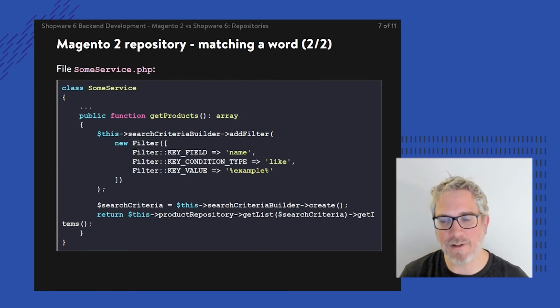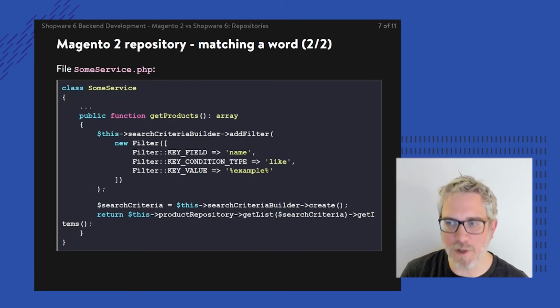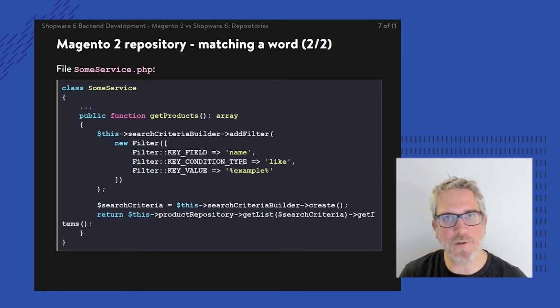method getList. Now, it's almost not fitting on the slide, but after the getList is returning a response, you might say that you have your products, but you don't, because actually the end result or the return value of getList is a so-called search result. And then from that search result, I can get the items, a method called getItems, and that's actually the listing of all of the products.